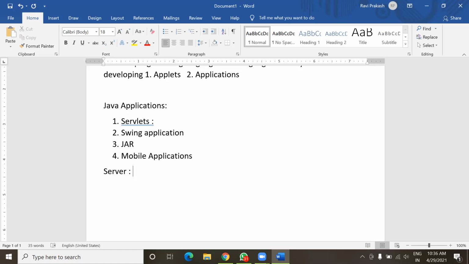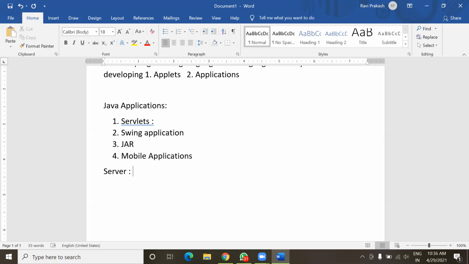So for example, if we want to view result from any education board, we put our roll number and roll code there. So result is stored in a server. The server verifies the roll number and roll code, and if the result is available, that server will provide us the result. So servers are only meant for serving the request from the clients. And who are the clients?